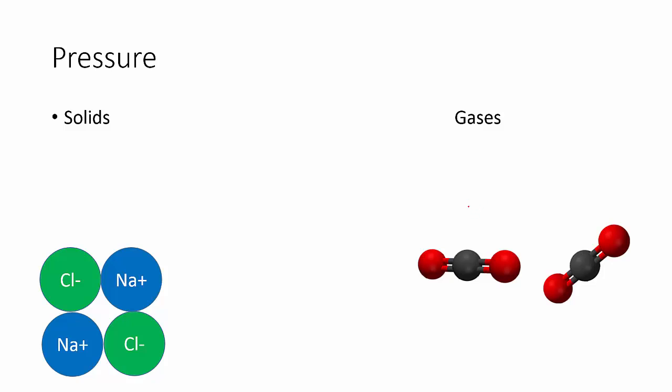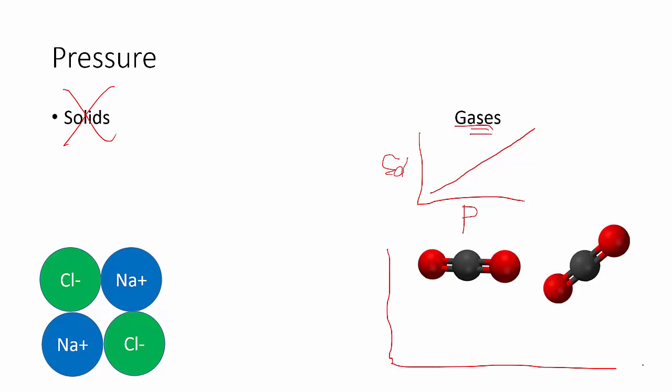So pressure. Well, what does pressure affect? I can tell you right now, pressure does not affect solids at all. Solids, pressure doesn't matter. But gases, it does matter. So if we have pressure and we have solubility, as pressure goes up, so does the solubility for gases, which kind of makes sense because you can think of it this way, right? If I got this container and I got some solvent, pressure is pushing those gas molecules into the water. It's forcing them to dissolve. So the higher the pressure, the more stuff we can dissolve. And the opposite is true. If you decrease the pressure, the solubility for the gases goes down,